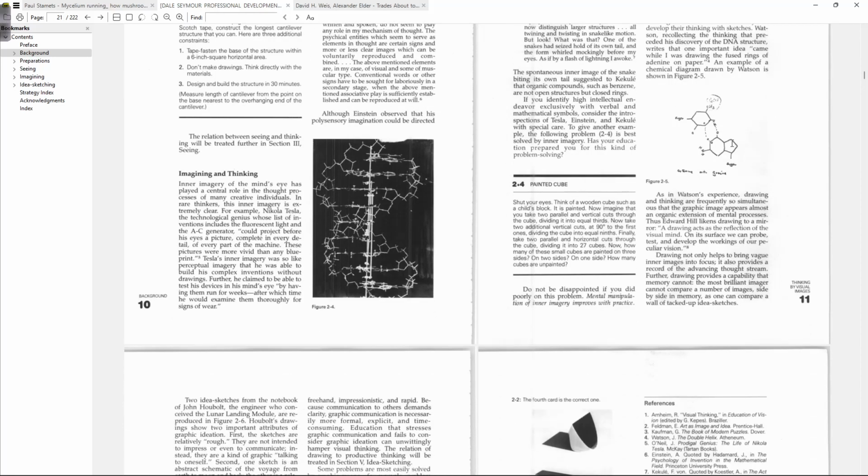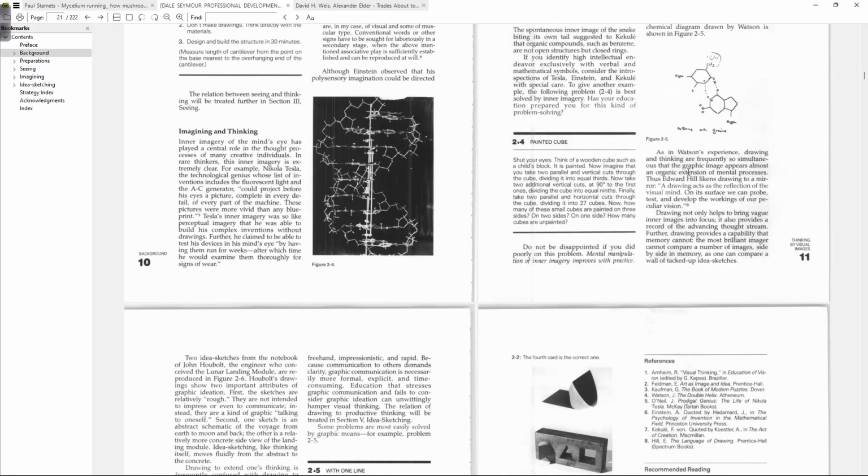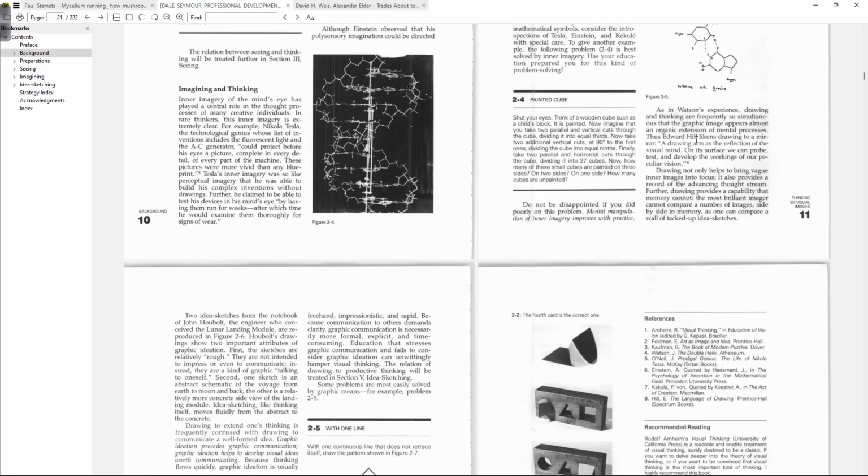As in Watson's experience, drawing and thinking are frequently so simultaneous that the graphic image appears almost an organic extension of mental processes. Thus, Edward Hill likens drawing to a mirror. A drawing acts as the reflection of the visual mind. On its surface, we can probe, test, and develop the workings of our